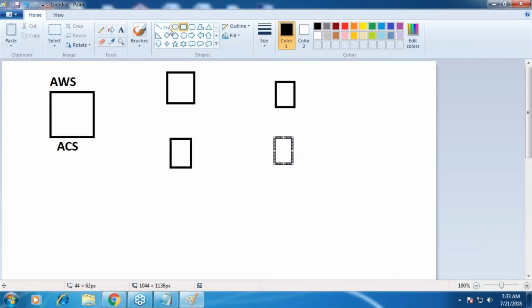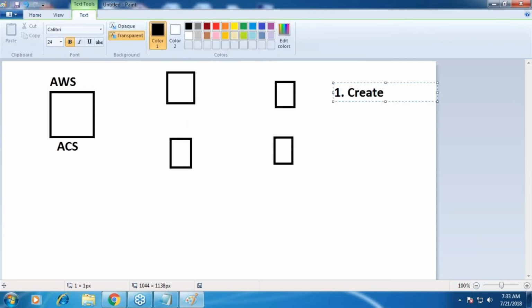Whenever I want to do anything on these servers, I'll be writing the YAML file or a playbook over here, and then sending it over here. For that to happen, I need to have one setup. What is that setup? A user is required on all of these servers, which Ansible will use to log in. So the first step which we need to do is create an Ansible user. You can call any name, but I'm calling it Ansible user because this is the username which Ansible will be using for logging into these machines.